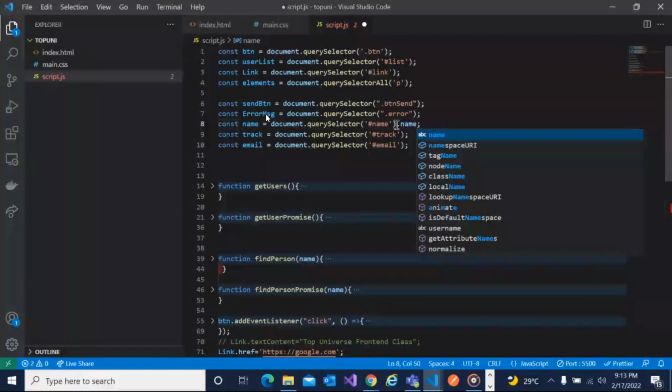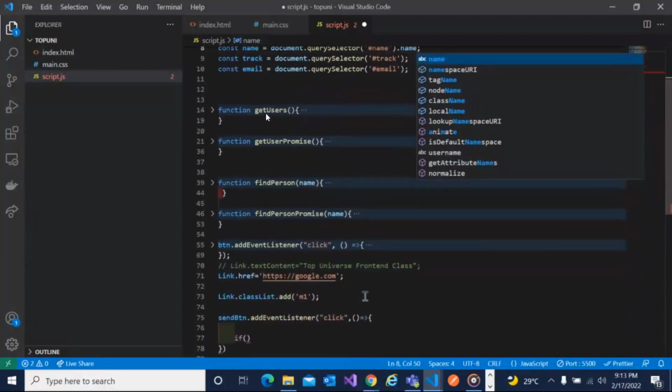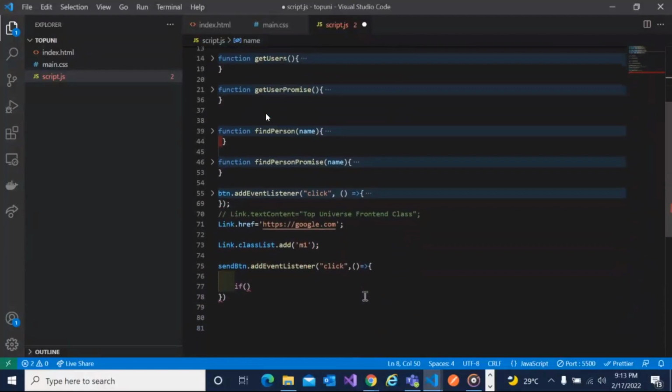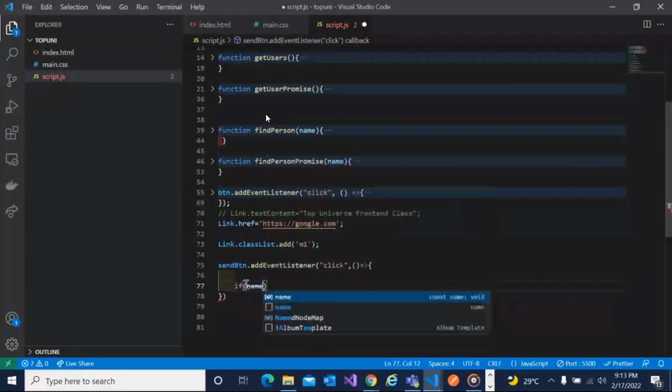So we are able to get that. So this dot name, let me check if name equals